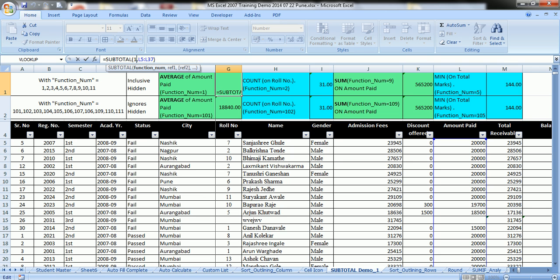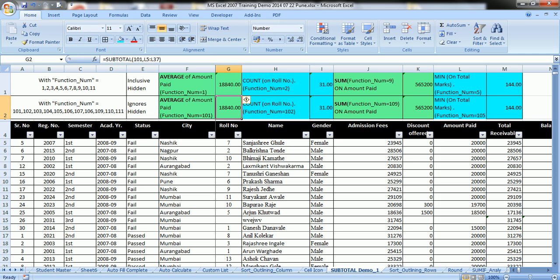Here we want to have the average of amount paid through the function subtotal with function num 1. In the second case, we are setting the same function subtotal with function num 101. Now we learned that 101 and 1 are for average. Here we will be using 101 for function num, and the same range L5 to L37 following the function num.